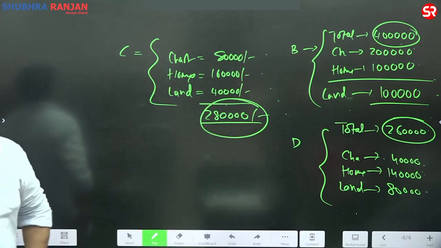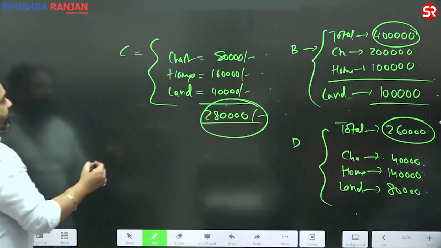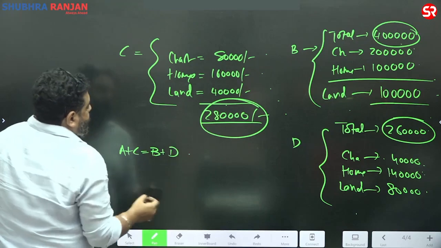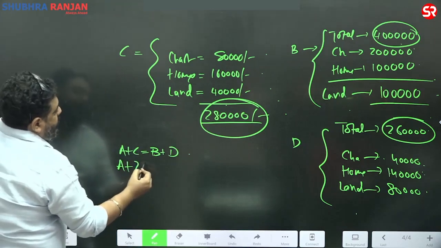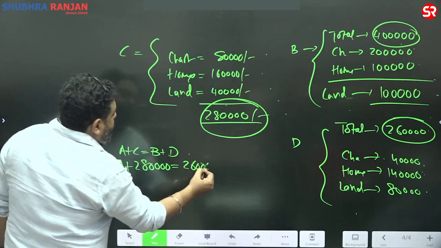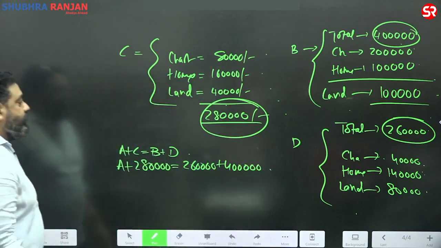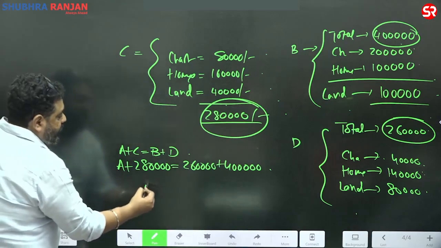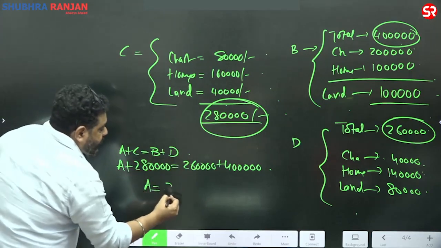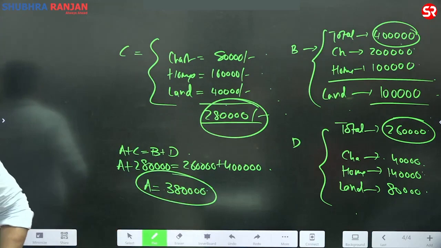I could have asked how much land A has, है ना? So now सबका टोटल आ गया। So सुनो, A plus C was equal to what? B plus D in total. So A plus 2,80,000 is equal to 2,60,000 plus 4 लाख, विच मीन्स ए का सम टोटल कितना आ जाएगा? 3,80,000 रुपया। ये 20,000 का डेफिसिट इधर आ गया, 3,80,000 रुपया इज टोटल मनी दैट ए हैज गॉट।